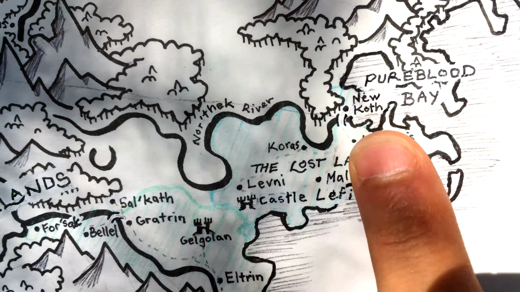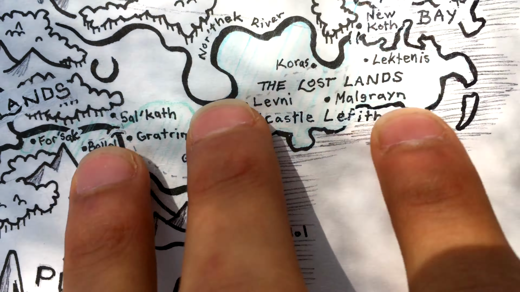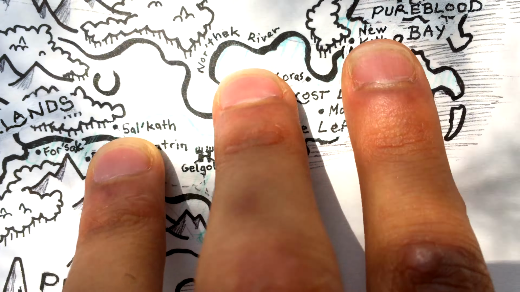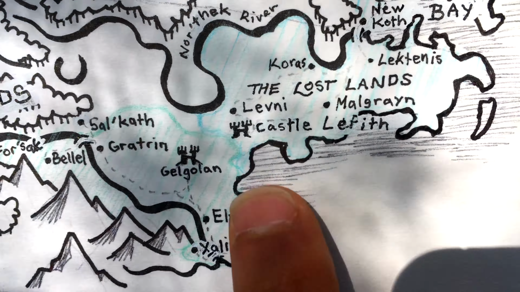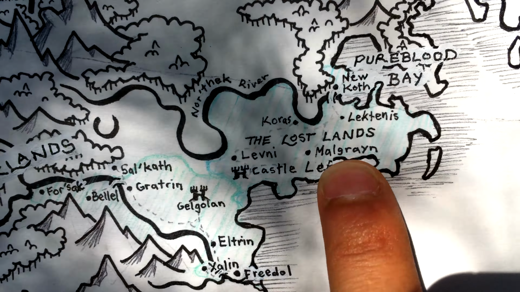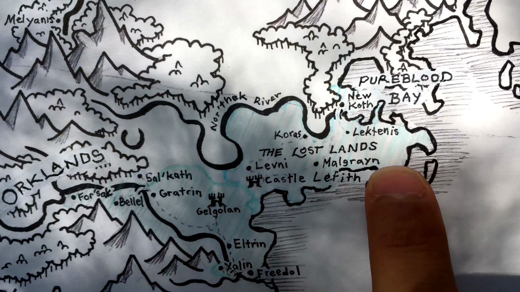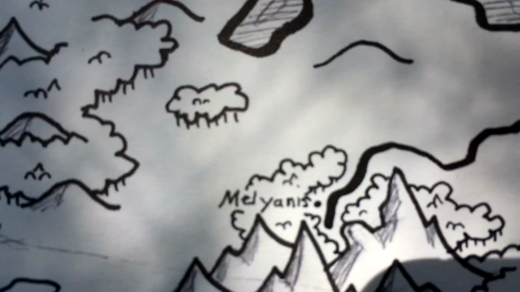So from New Koth, I figured that Friedal maybe expanded all up in here before New Koth was founded. So these are the lost lands. These used to be half-elf lands, but they were conquered by the elven armies. So the drow have elven armies, and so the elves kind of have to serve the drow. So that actually brings us over to